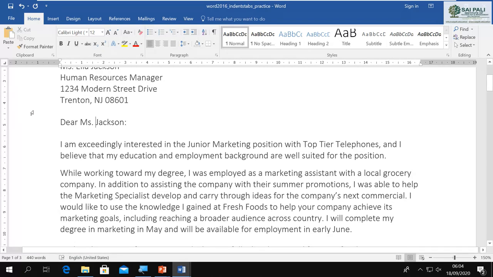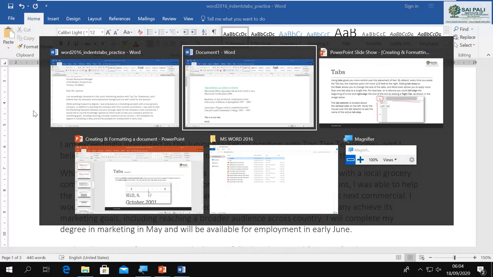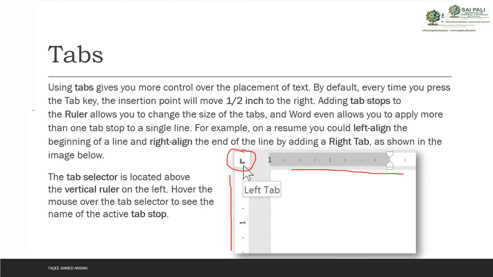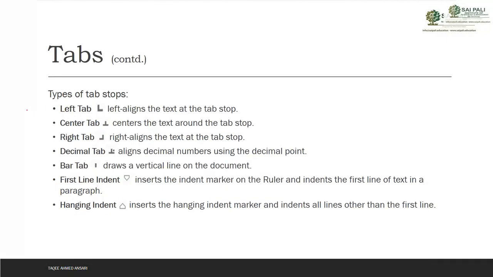Now, if I want to put a tab in my document, I can choose one of these different types of tabs. We have the left tab, which left aligns the text at the tab stop.